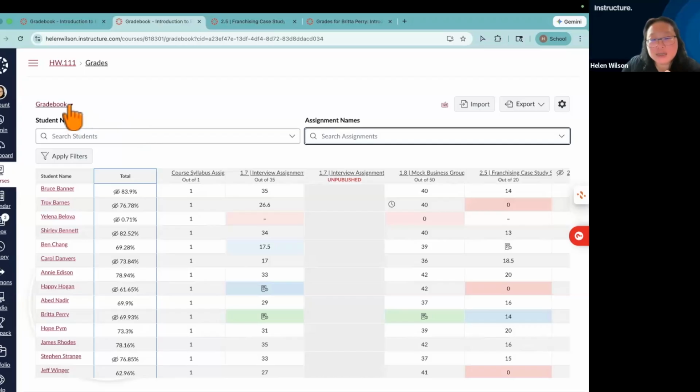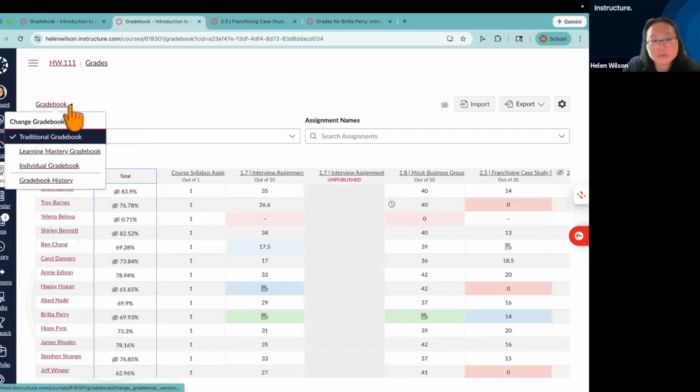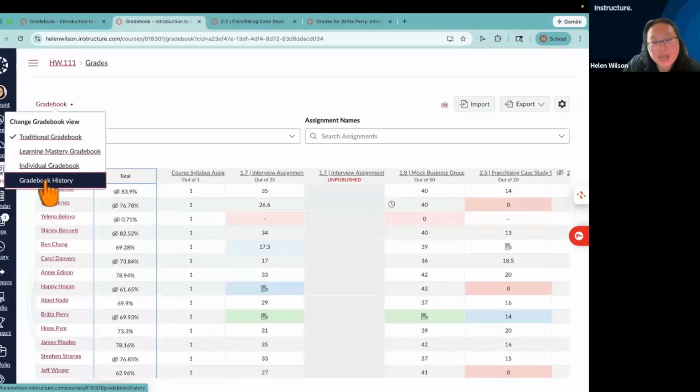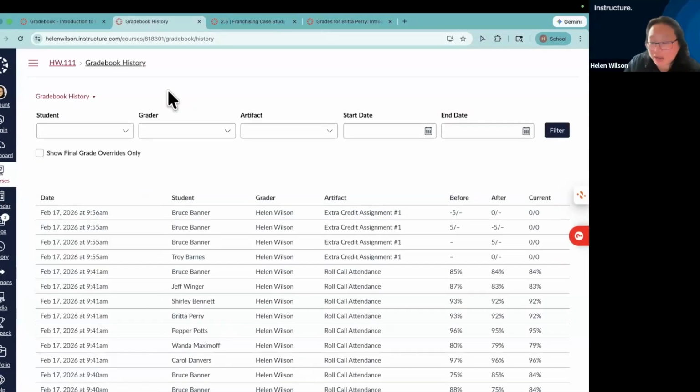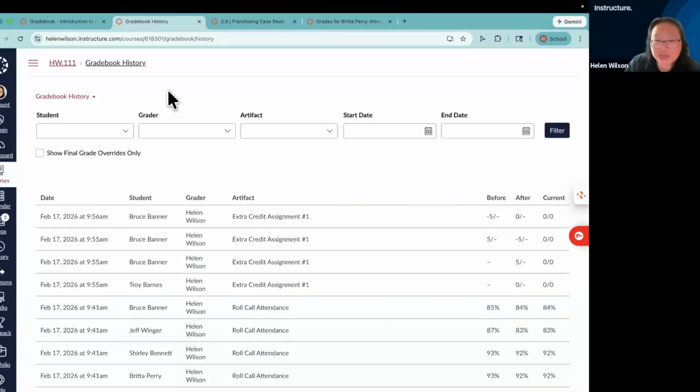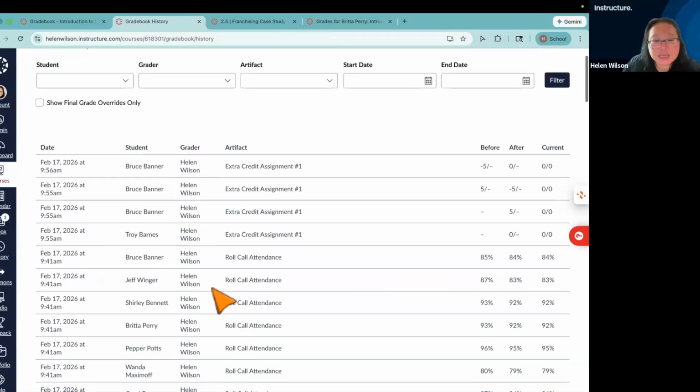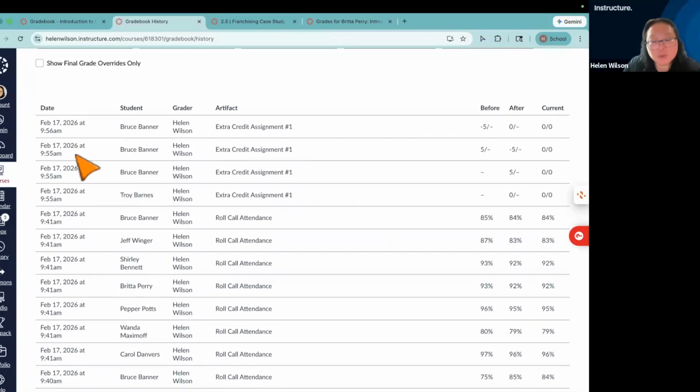Just a quick look at some of these drop downs here. This is that traditional gradebook, and fine, totally okay to spend most of your time here. I will point out that the gradebook history tab is helpful if there's a dispute about when grades have been assigned, because it basically tabulates all the times when a grade was assigned for a student. So if Jeff has questions about this assignment here,